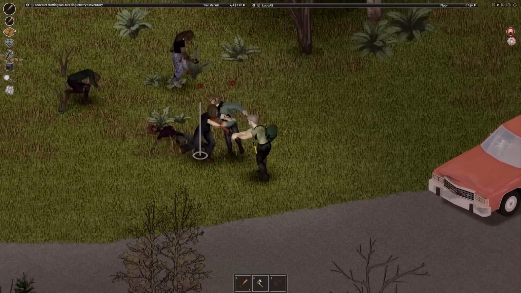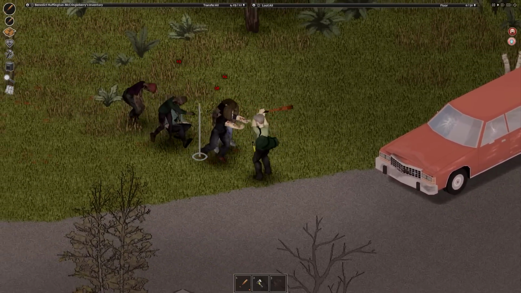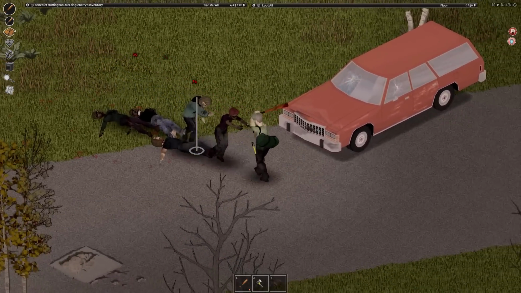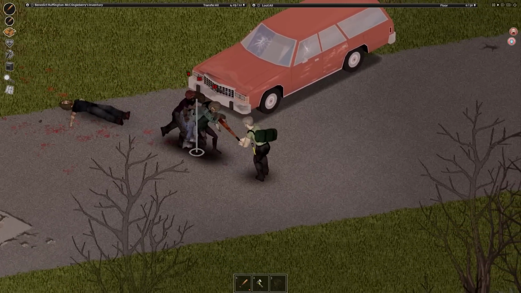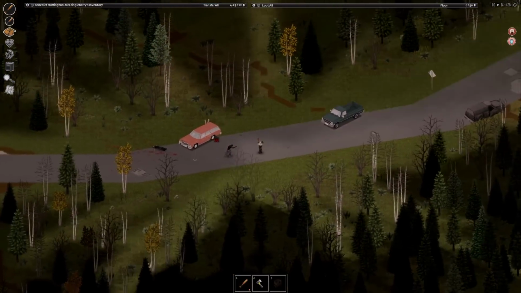What did I tell you? Airy and maneuverable, the baseball bat. The shovel maybe hits with more punch, but there we go. That's a second one. Thank God we're not getting all of this blood on the van. Oh, that's not even our van. I mistook that for our...